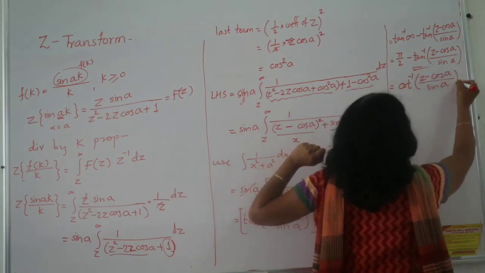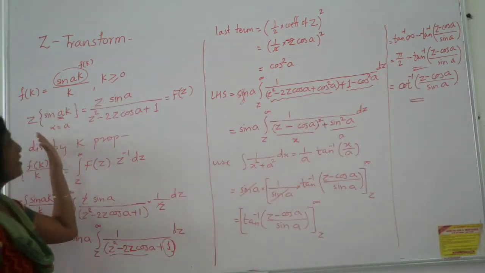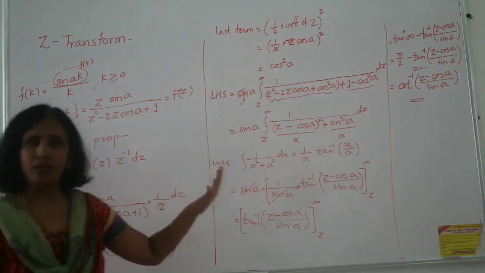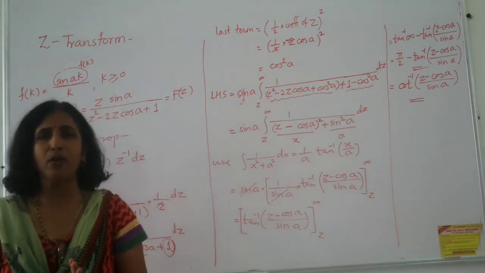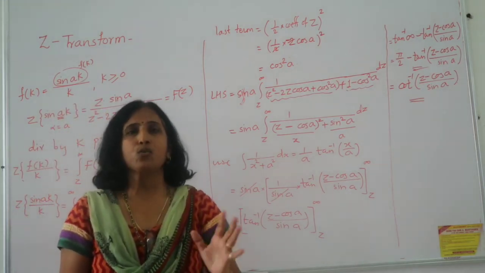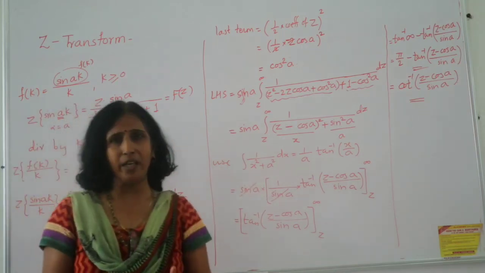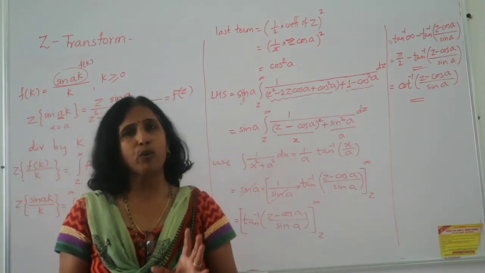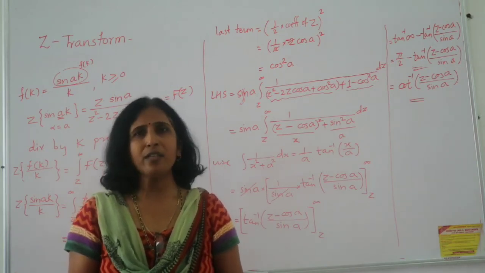Right? And with this we got the answer for this. So you can see division by k is a slightly bigger application, with bigger solving, so you have very limited scope. So the maximum attention you have to pay is to the multiplication by k property. So I have just tried to complete some of the patterns which will basically help you to understand the Z transform, right? So that's all from this session. Okay, thank you so much.